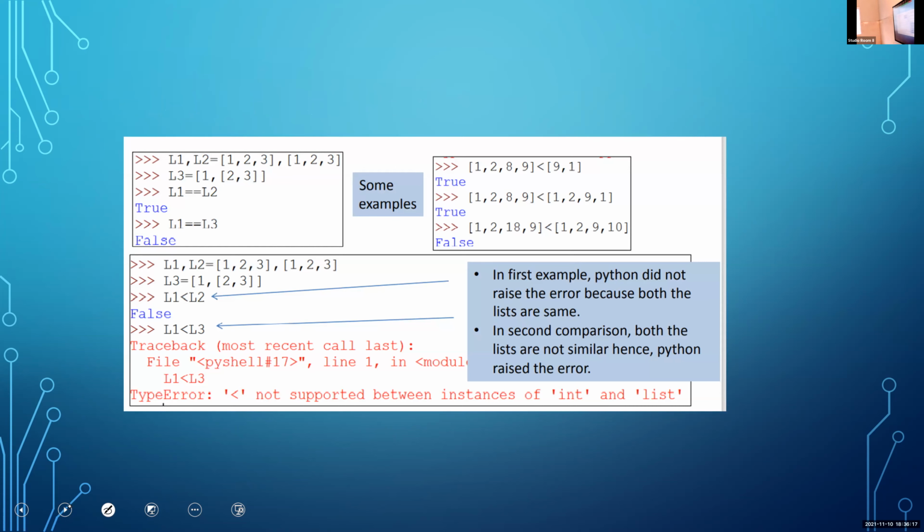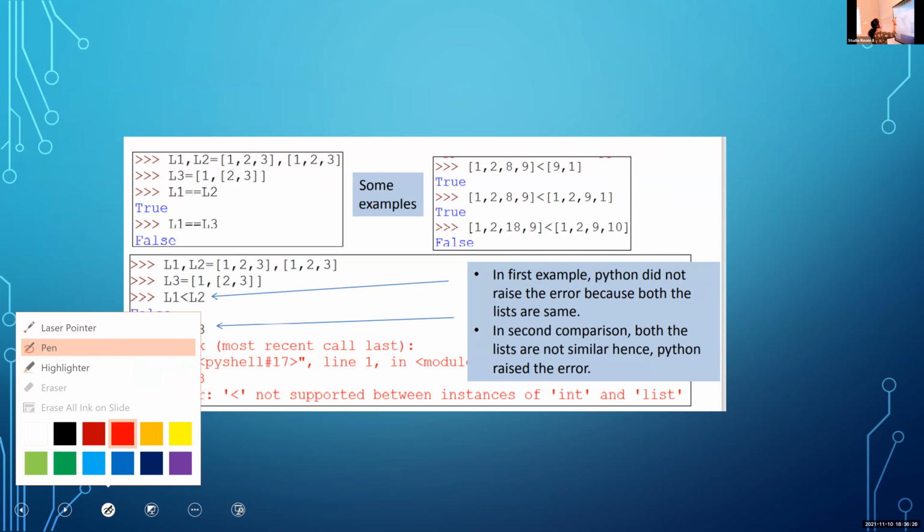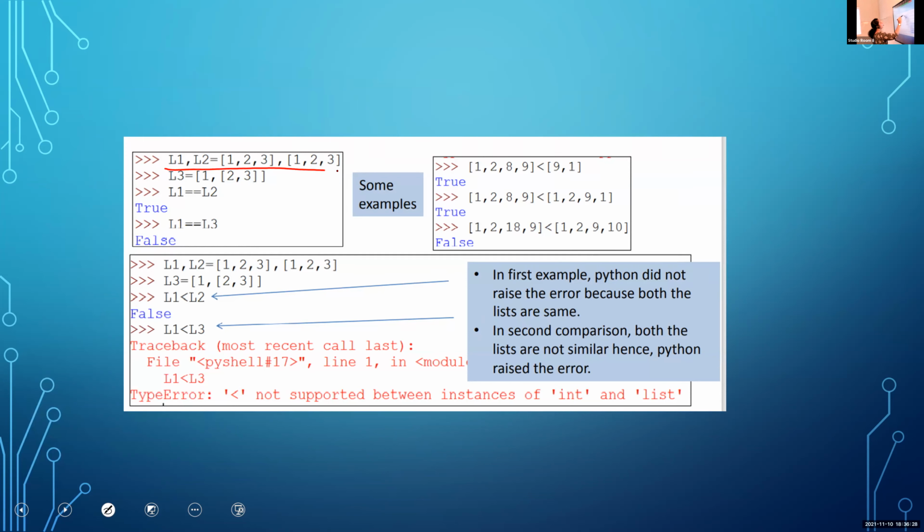So the first one: what is the meaning of this statement? L1, L2 is equal to the first list and the second list. It is just like multiple variables with multiple values. Here I am using two variables and two values.